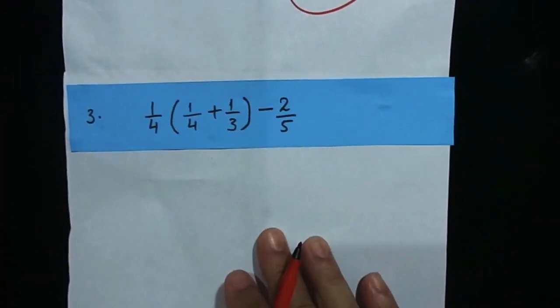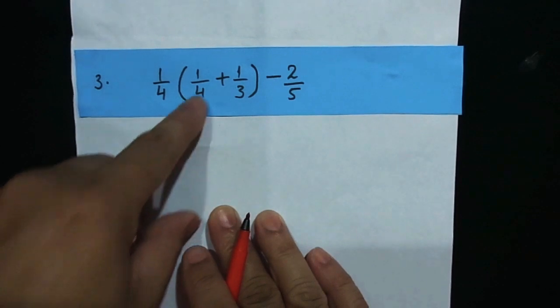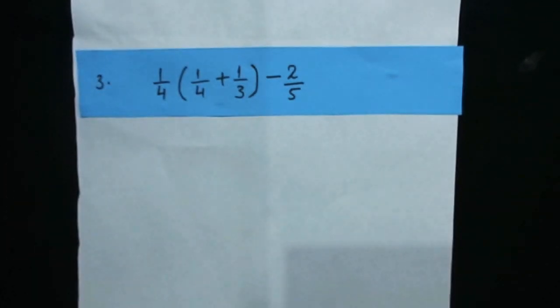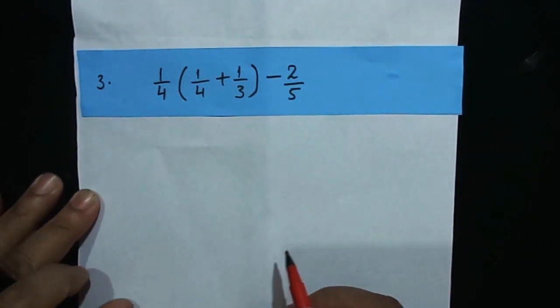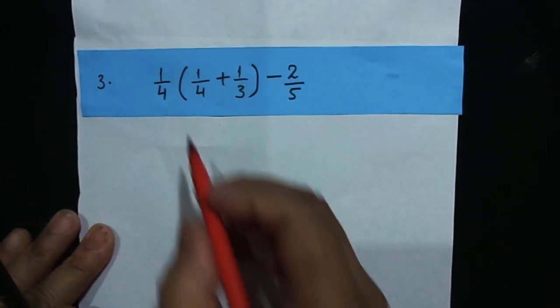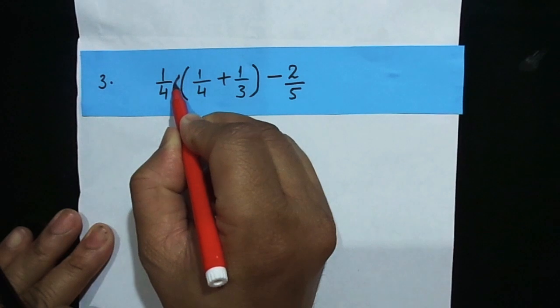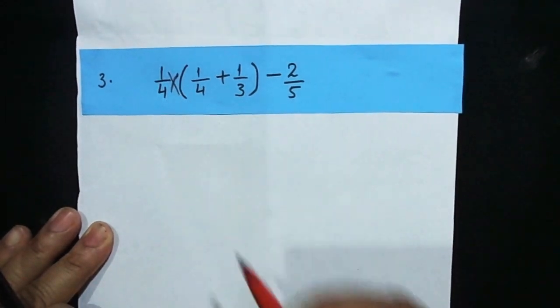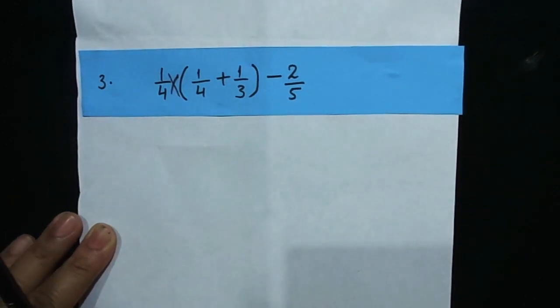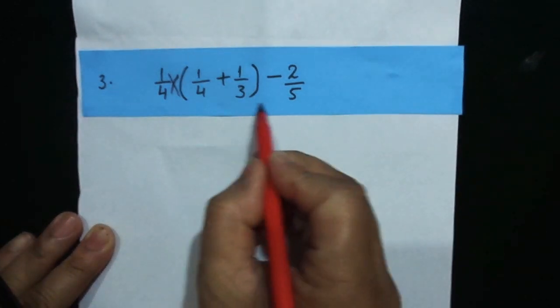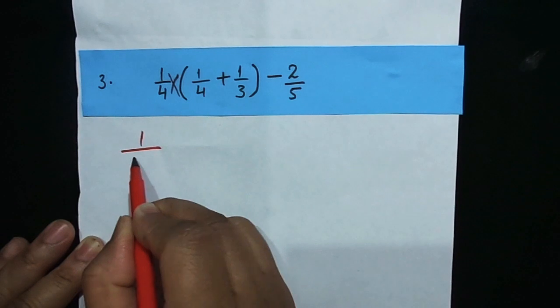Let's come to number 3. Number 3 is also very beautiful. 1 by 4, 1 by 4. Oh my God, it's not beautiful, it's dangerous. Why dangerous? Because here we have a sign of multiplication. Here we have a sign of multiplication. However, I am going to solve the bracket first. 1 by 4